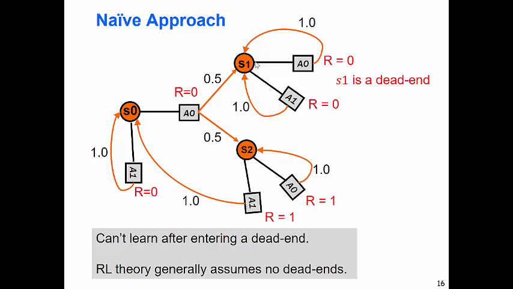All right, so for the most part, RL theory will assume no dead ends. When there are dead ends, in a lot of environments you have to take that into account if you're going to be training something in the real world. Usually you're going to have to set up the environment so if it does reach an impasse, you can reset it. You can do this in simulation very easily, as long as you can detect these situations. In the real world, it's a lot more difficult. People do talk about different forms of robust RL and safe RL that can act in environments from scratch without having problems, but they all will have their own assumptions, right?